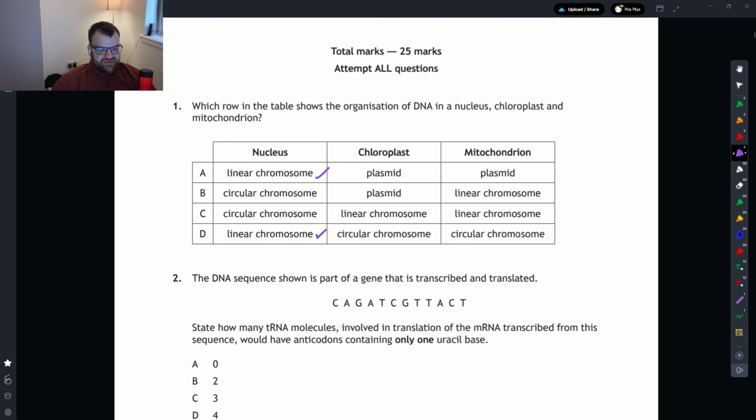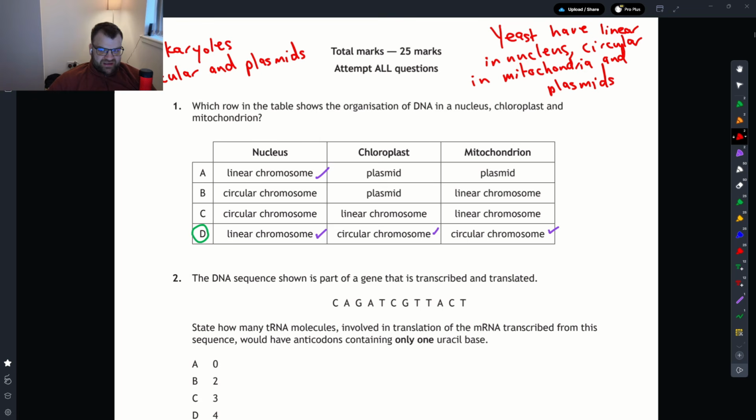That's going to take us to be in either A or D. Chloroplasts have circular chromosomes, and then mitochondria also have circular chromosomes. That makes our correct answer for number 1, answer D. If we're asked about a prokaryote, like a bacteria, that would be circular and plasmids. And yeasts have linear in the nucleus, circular in the mitochondria, and they also have plasmids, depending on the wording